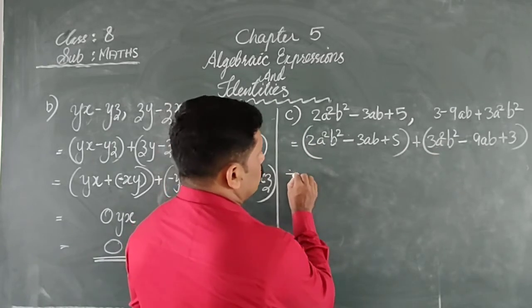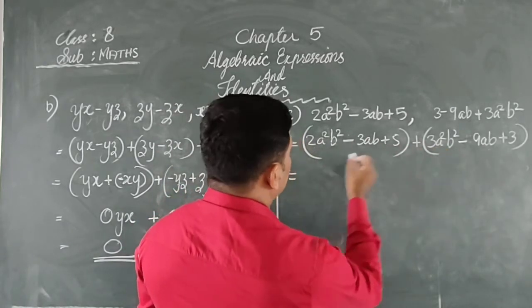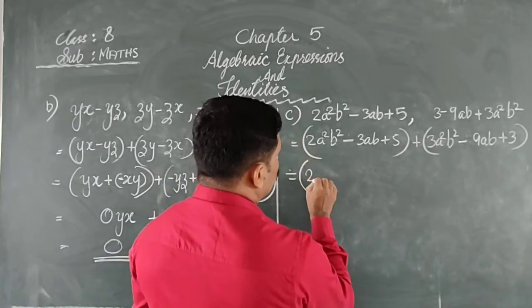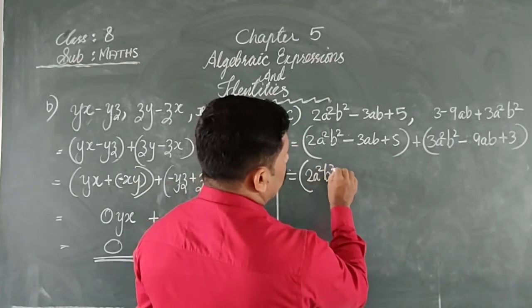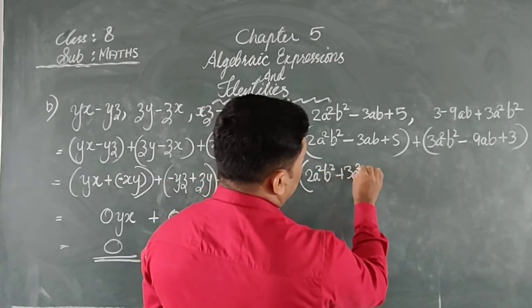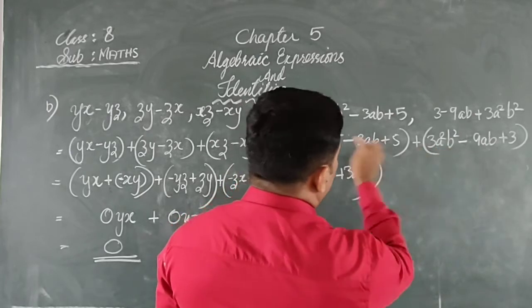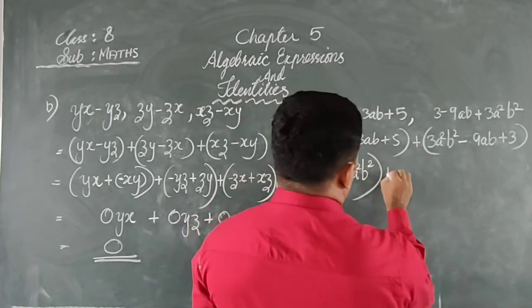Now we are going to add it. 2a²b² and here 3a²b². They are like terms: 2a²b² plus 3a²b². These two terms are grouped. Now next plus